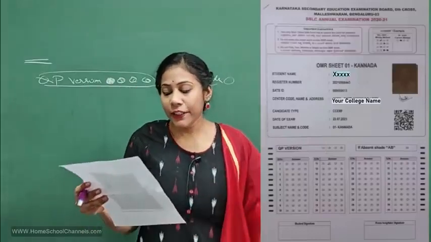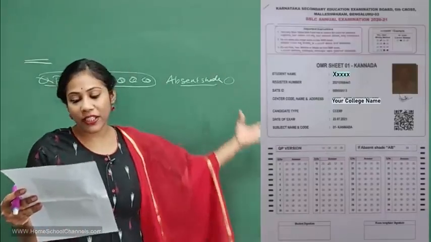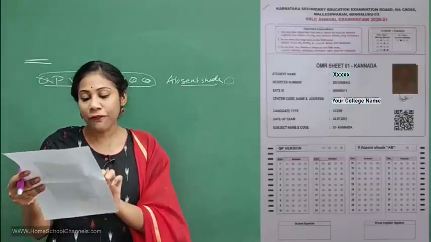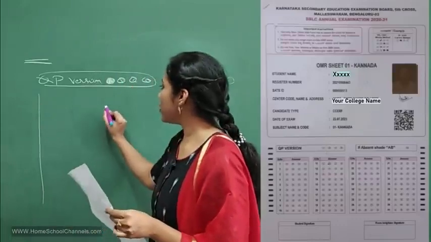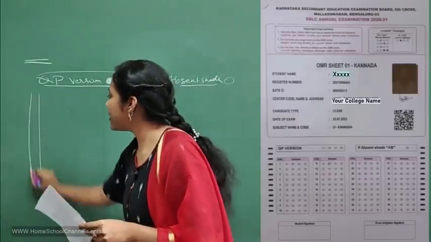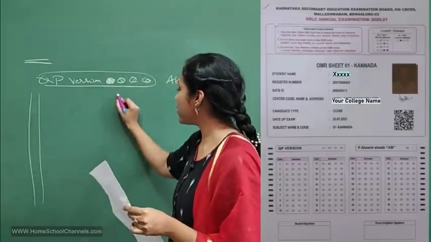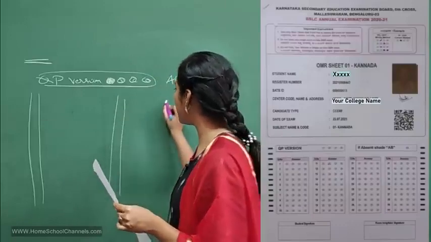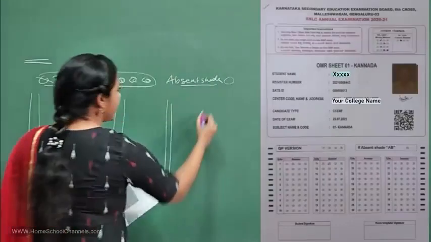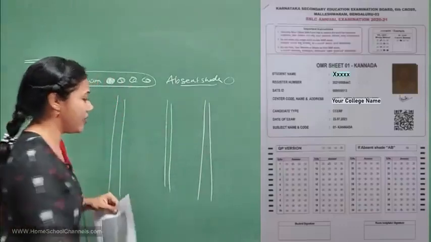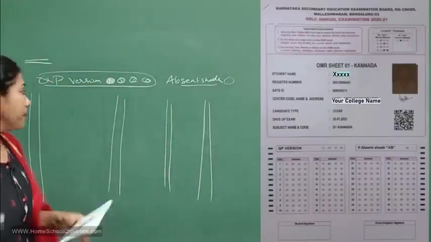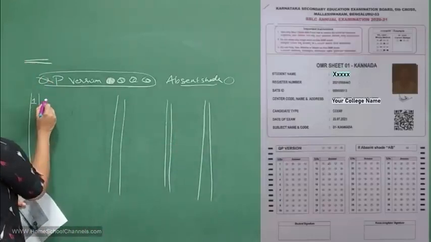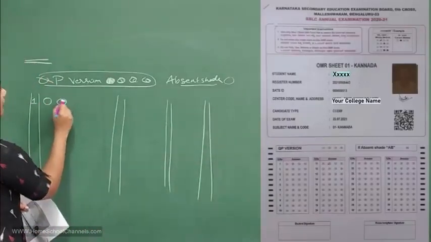And later, if you can see the OMR sheet which is there on the board, you see there are 40 questions, right? Say in this line, the first line, you have 10 questions. In the second line you have 10 questions. Third line you have 10 questions, and fourth line you have 10 questions. Isn't it? Say all together 40 questions are there. And if this is the first question, the 4 circles are provided here.